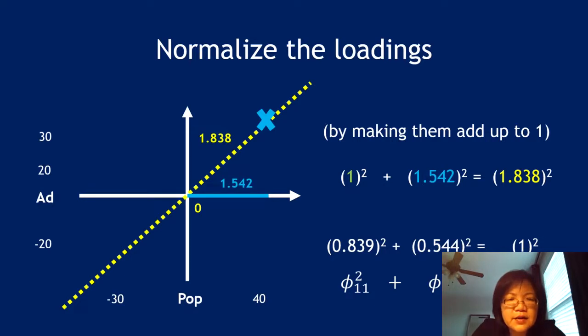And once we have the principal component, well, the p-values or the projections figured out, what we can do is we can normalize the singular vector. So the vector that is from the origin to the projected point, the blue cross, that is actually the vector that shows the direction of the principal components. What we can do is we can normalize the loadings by standardizing this vector to a singular vector that is the length of 1. Okay, because right now when we calculate the projections,